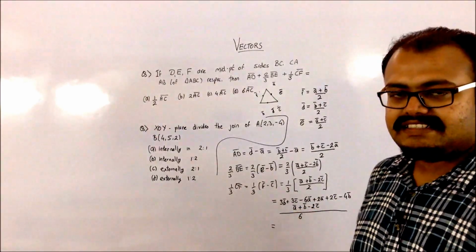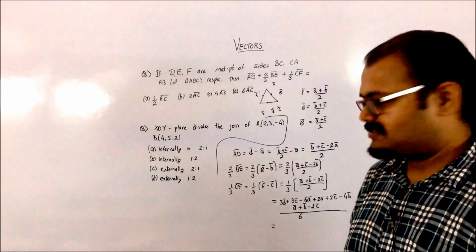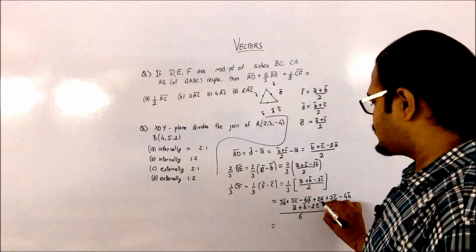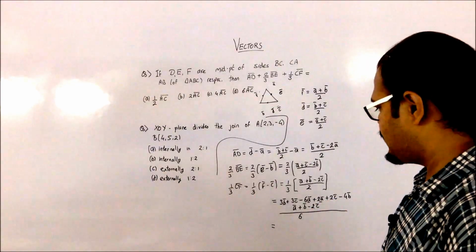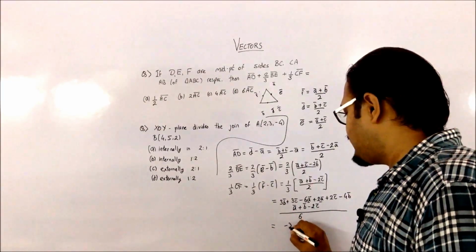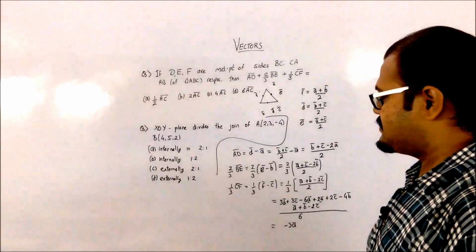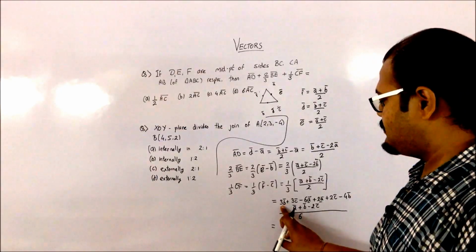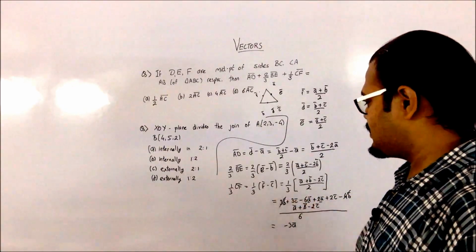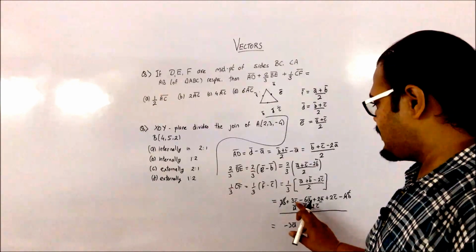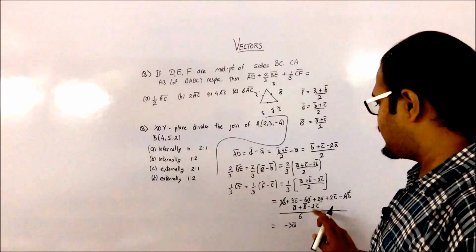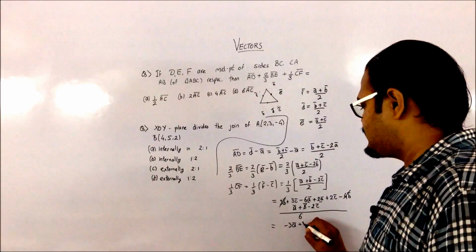So after getting this relation, let us find what is going to be my A bar terms. So A bar term is over here. I am having a minus 6, then plus 2, which will give you minus 4, and minus 4 and A bar, which will give you a minus 3A bar. Then let's see the B terms. I am having a 3B bar and B bar and minus 4B bar, so B bar gets cut. Then C bar, I am having a 3C bar and 2C bar, that's a 5, 5 and minus 2, so plus 3C bar.